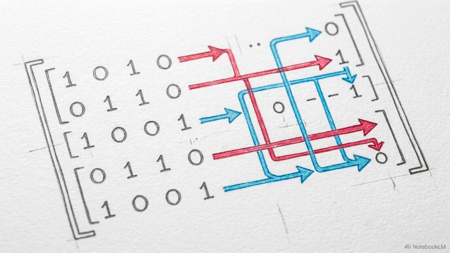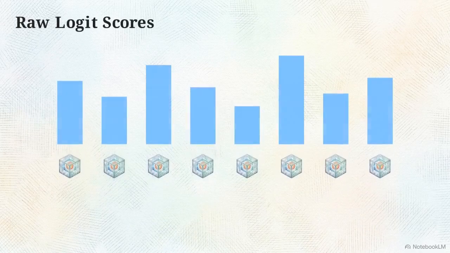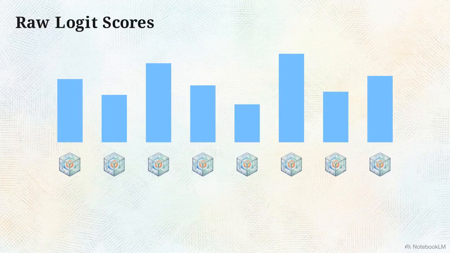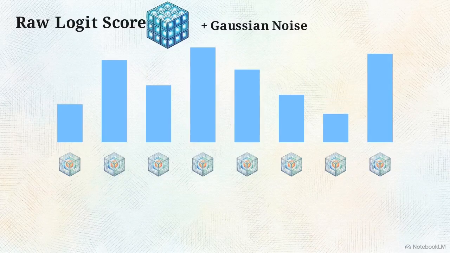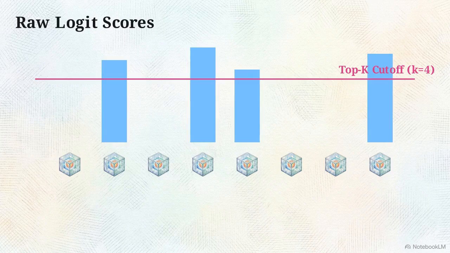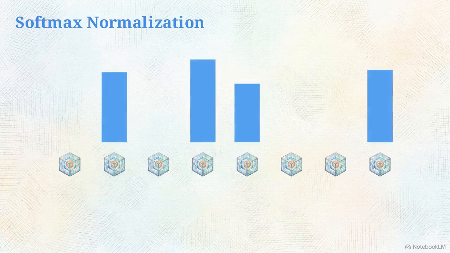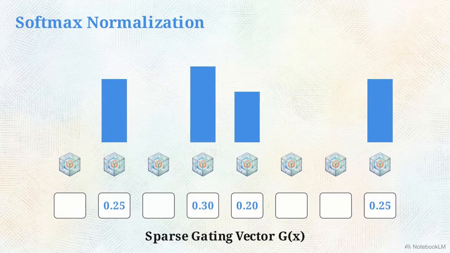To understand how the model routes these inputs, we have to look at the internal mathematics of the gating network to see how it decides which K experts to activate. Here are the raw logit scores for all N experts, calculated via linear projection. The gate adds tunable Gaussian noise from a second matrix, dynamically shifting the scores. Then truncation keeps only the top K values, like K equals 4, setting all others to -infinity. The gate applies a softmax function to the remaining values. Because the truncated values were set to -infinity, the softmax forces them to exactly 0, creating a mathematically true sparse vector.